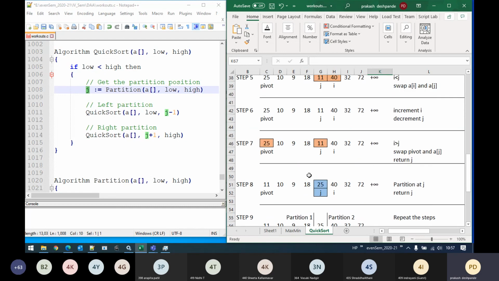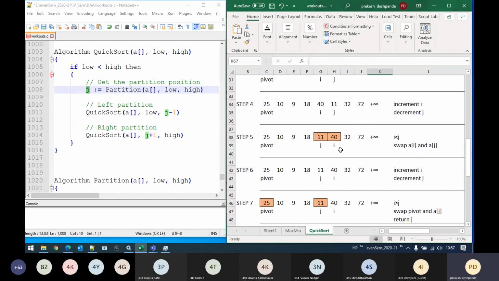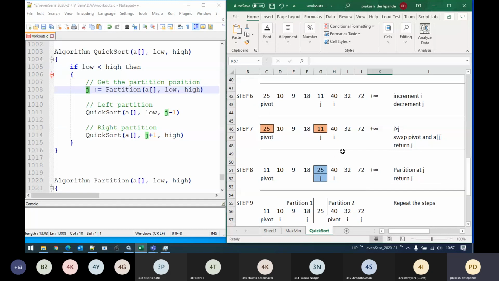I will share this particular workbook with you, with the algorithm. Try to trace it once again. If you are finding any difficulties, do let me know in one of the classes, and I will try to sort it out. Tomorrow I will share the remaining notes of quicksort. I think I have not shared binary search, right? Binary search also I will share, then max-min, and the quicksort. All these 3 I will share with you. Try to go through the notes and write them down in your fair book. If there are any difficulties, come up with questions. Am I clear? Yes, sir.